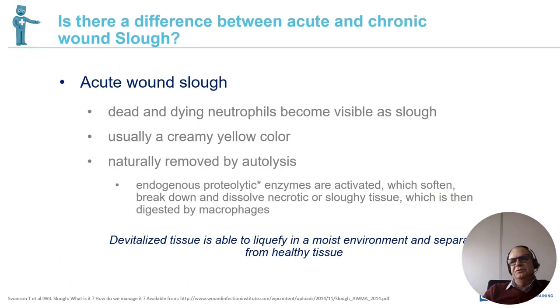remember, there's a difference between acute wound slough and chronic wound slough. In an acute wound slough, the white blood cells die off. They turn into that very light shimmer of yellow on the top, which usually is cleared away by means of natural autolysis, by means of the macrophages and other proteolytic enzymes which are in the wound bed. So usually this is done normally. If you have a balanced moist wound environment, the wound will clear it off itself. You don't need to debride. But